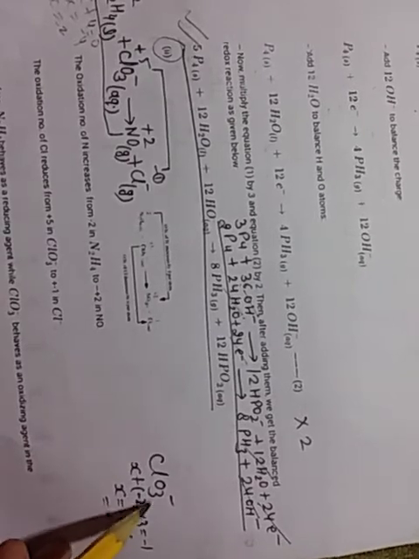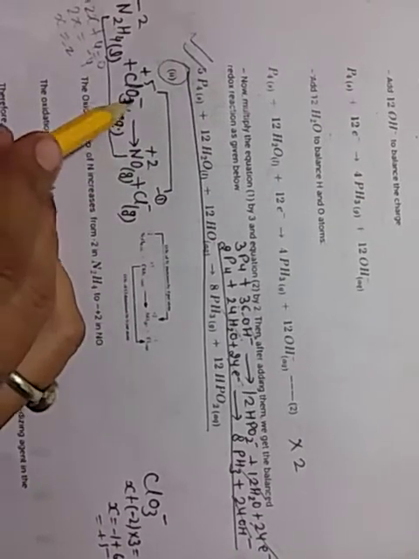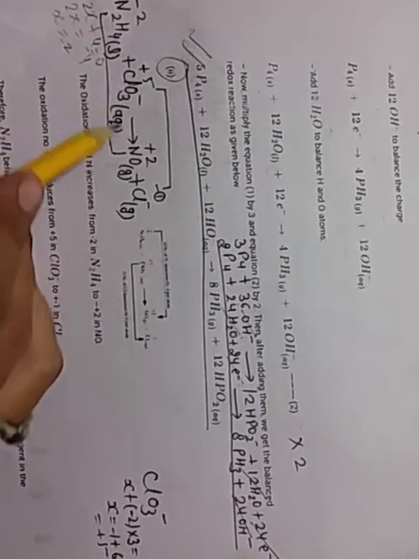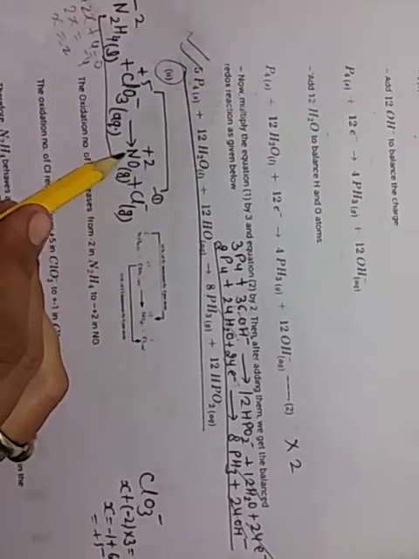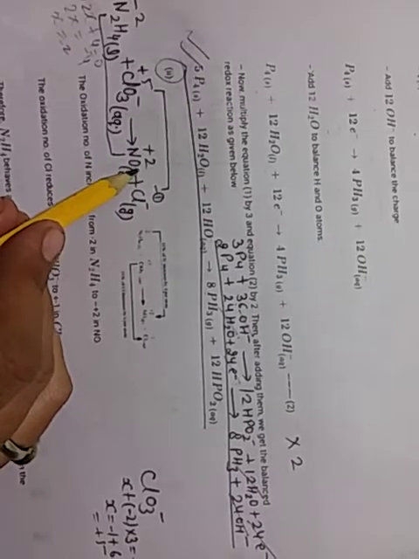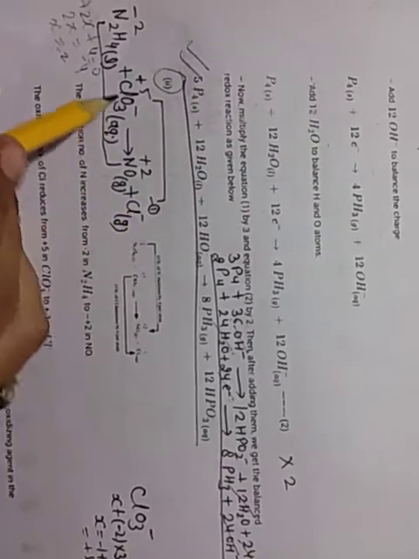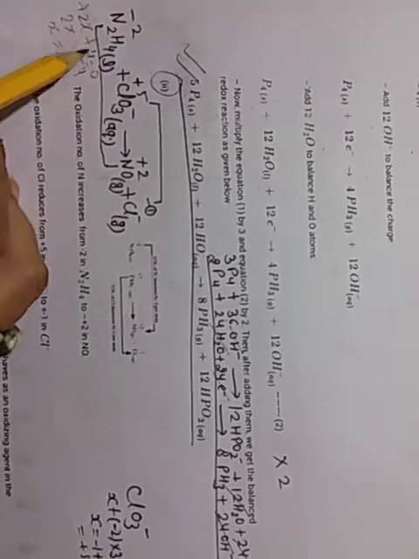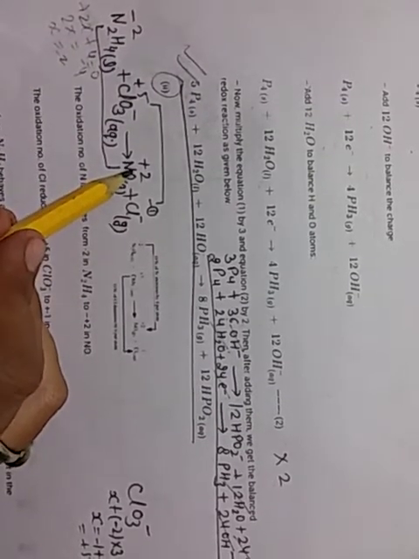here you see x plus oxygen minus 2 multiplied by 3, and the charge on the right side is equal to minus 1. So minus 6 goes to the right-hand side as plus 6. So plus 6 minus 1 is plus 5. So plus 5 is the oxidation number of Cl. Then it converts into NO, so nitrogen has plus 2 because oxygen is minus 2, and Cl is minus 1. So here you see nitrogen minus 2 converts into plus 2.